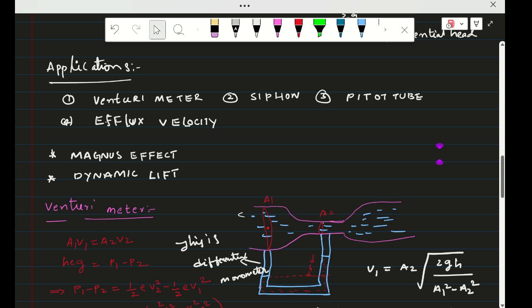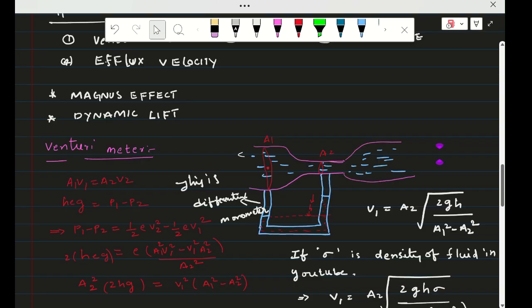Dynamic lift and aerodynamic lift are different, and we'll study the difference in dynamic lift later. Otherwise, you can say aerodynamic lift is due to air pressure, while dynamic lift can be due to air or water pressure. The difference in pressure means force, pressure into area equal to mg force. So the upward pressure difference on unit area is called dynamic lift. That we will study